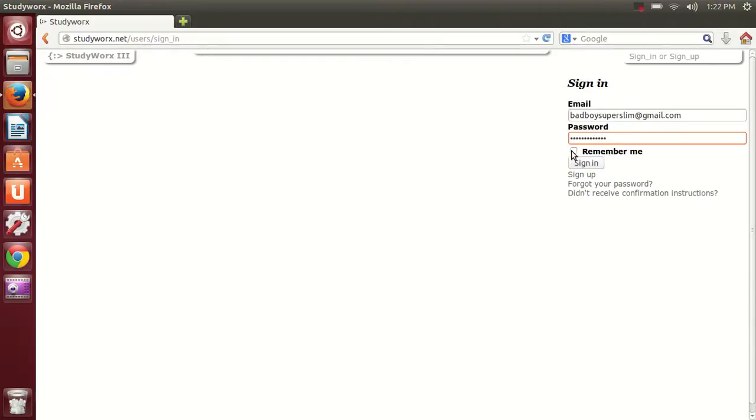Now, something you can do to save time is click on the Remember Me box, and this way, each time you sign into Studyworx, it will remember your email. This will cut fractions of a second off your time,